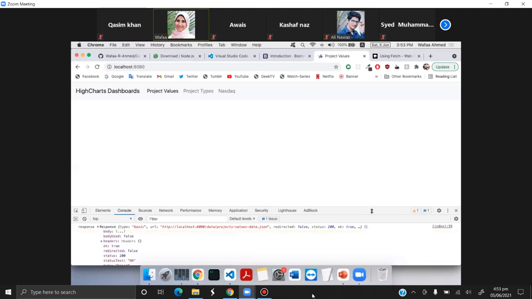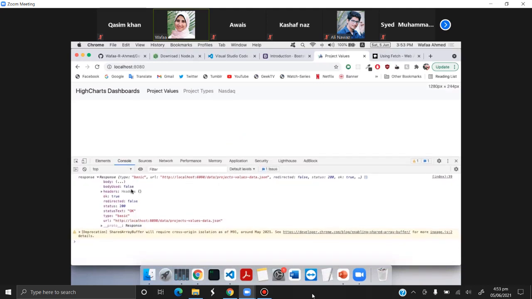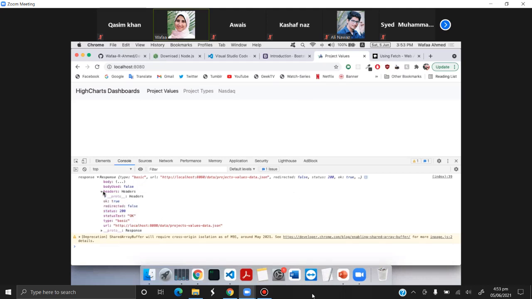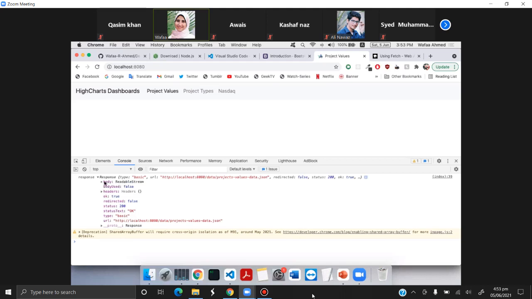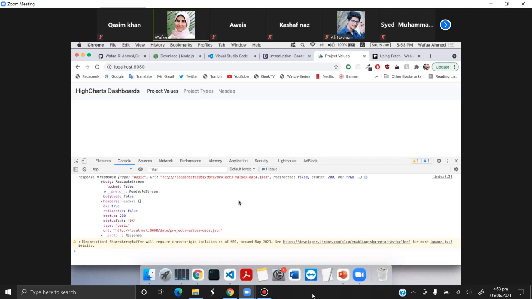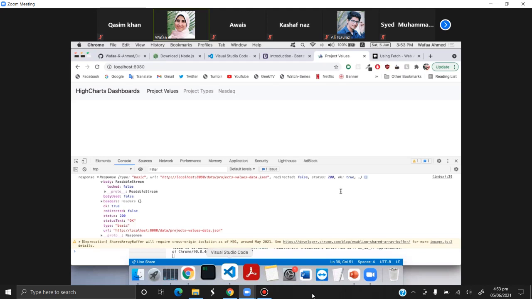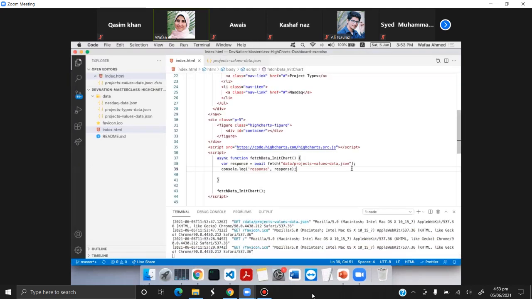So we have here, you can see already that it's a different object. Okay, it has the URL, the headers, and now we have the body. The body is a readable string. How do we get the data? Like I mentioned, using